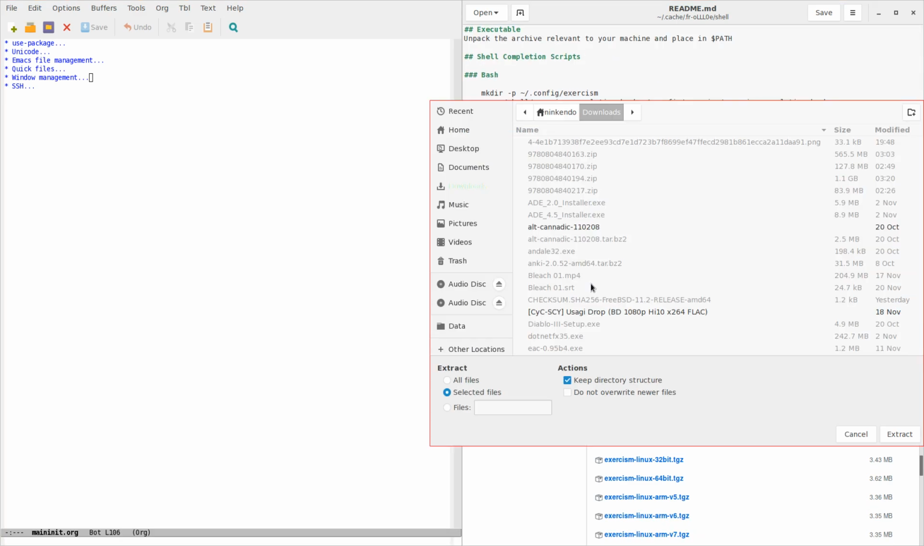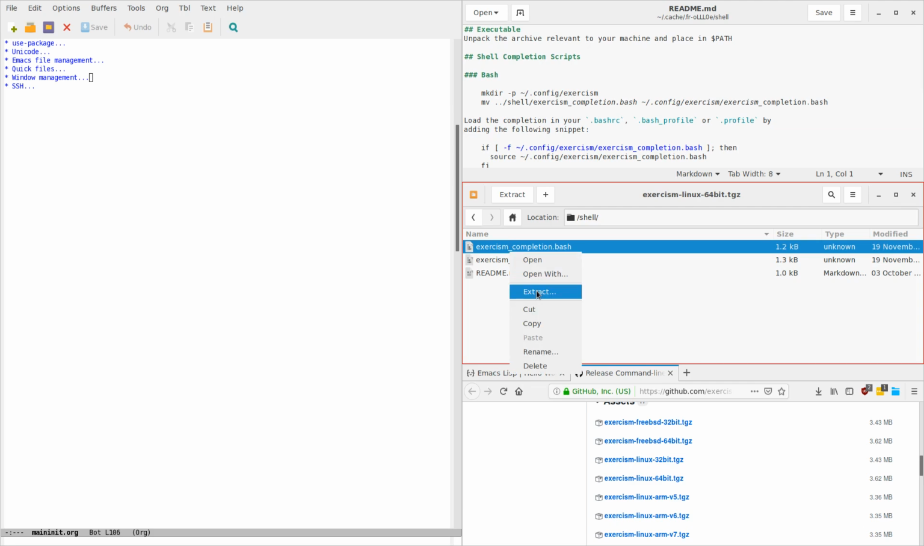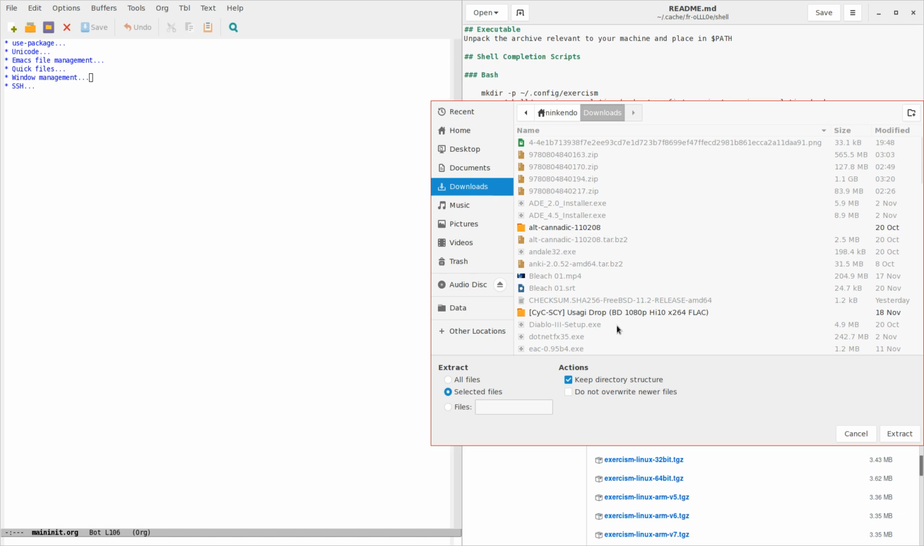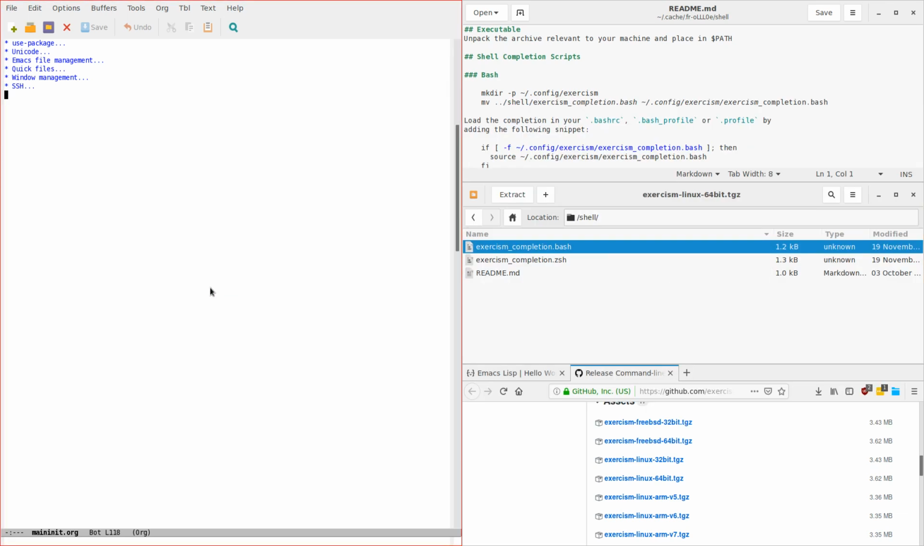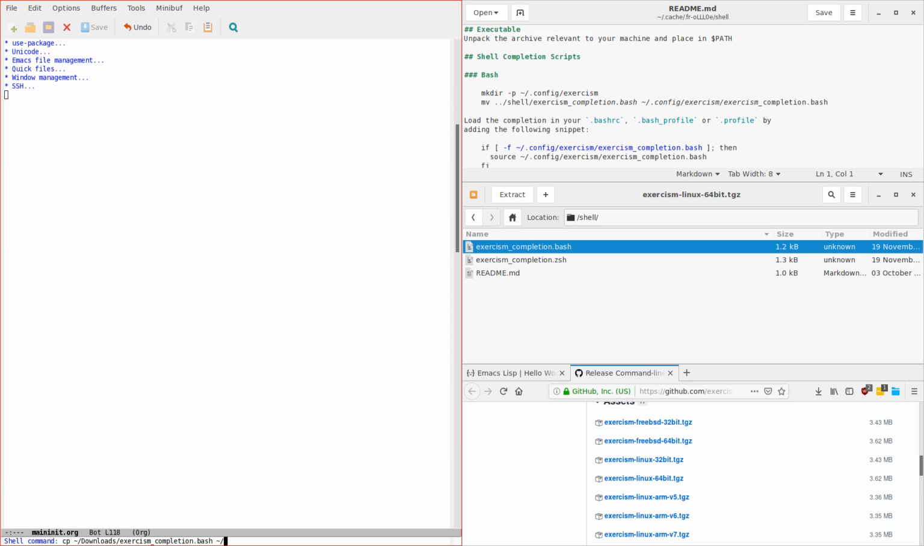So I guess I'll extract. God, I hate this so much. Why can't I just enter a file? Alright. Okay. And then I'll just do this from inside Emacs. So copy, downloads, exorcism, completion.bash to